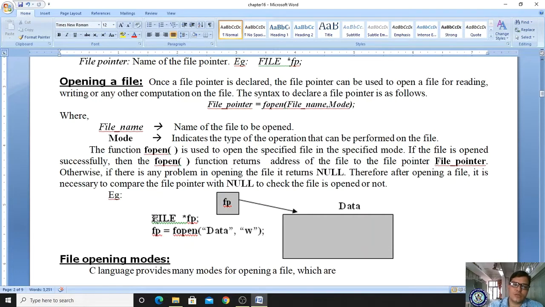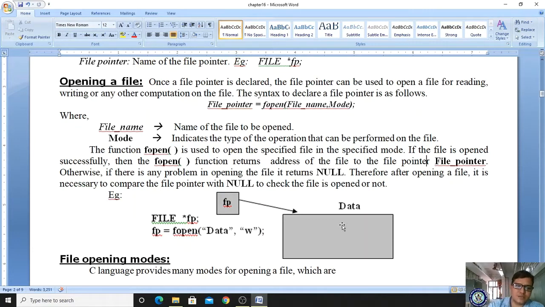So here the file pointer declaration is done and you are opening the file. Here you are specifying the name of the file and the mode of the file. Which file does it have to open? The data file. If it is opened, the file pointer will point to the data file. If we ask to open your C notes, then which notes are you opening? C notes. Got it? Likewise, in which mode are you opening? Write mode or read mode? Write mode. Write mode means you have to store in those notes. Got it? So first we have write mode.